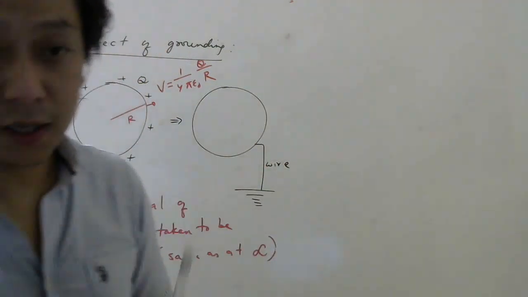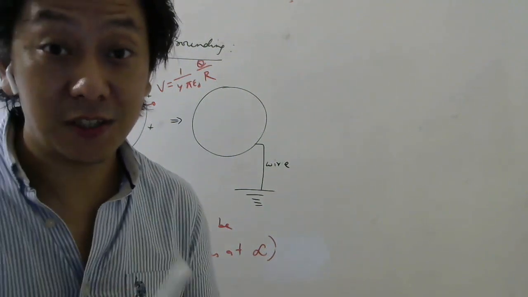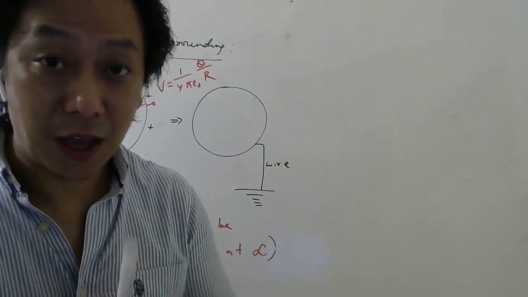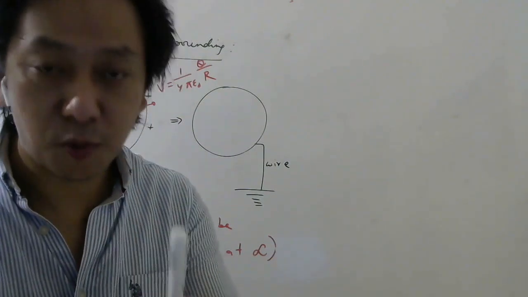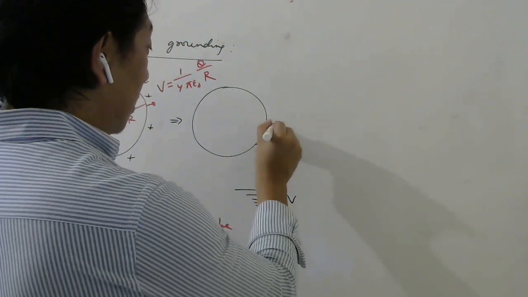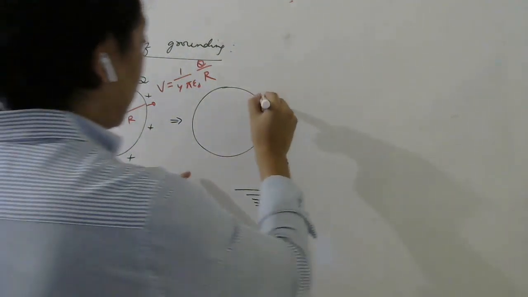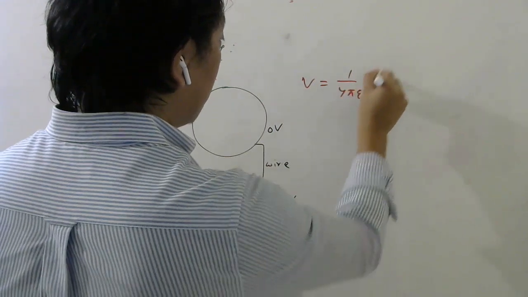And if it is one conductor, what I told, it has to be what kind of body? Equipotential body. Conductors are equipotential bodies. So every point in the conductor should be at the same potential. Yesterday, I have taught very important points. So if this is 0 volt, this also should be at 0 volt the moment you connect to the wire. But what is the potential of this sphere? Already there was charge, so potential is 1 by 4 pi epsilon naught q by r.